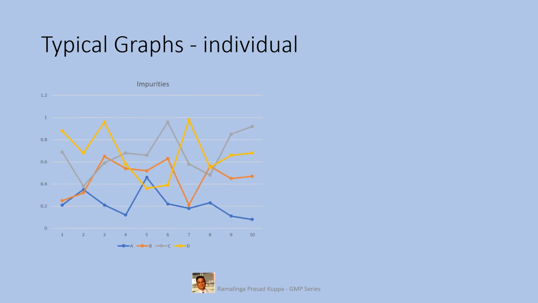Let us see how individual typical graphs look. From the same data, you see separate graphs for impurities and SA. See how clearly the trends are captured. So try to draw separate graphs for closer values. For example, one graph for impurities, one for water content and or LOD, sulfated ash, etc. These values will generally be in the range of 0.1% to 0.5% or 1%.